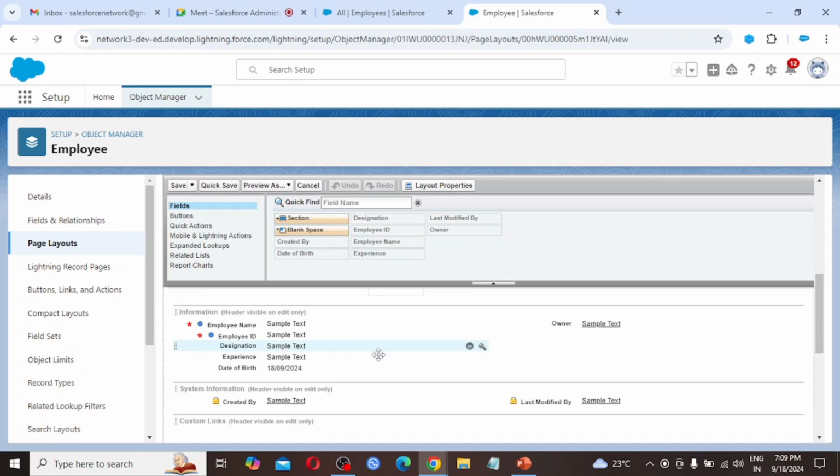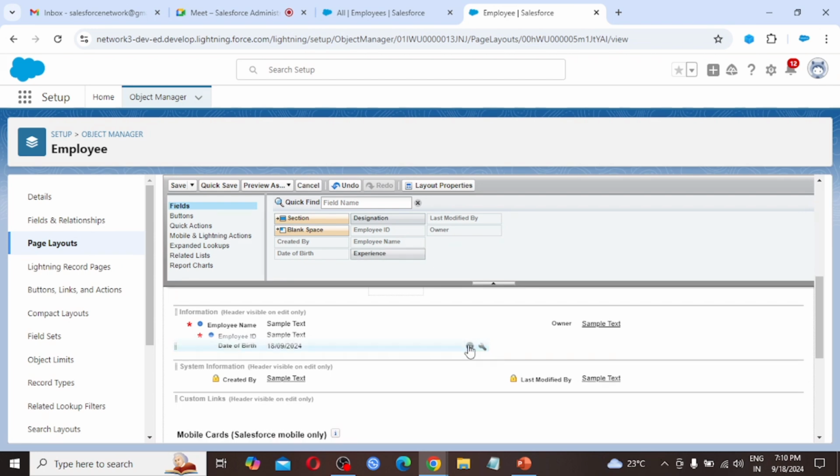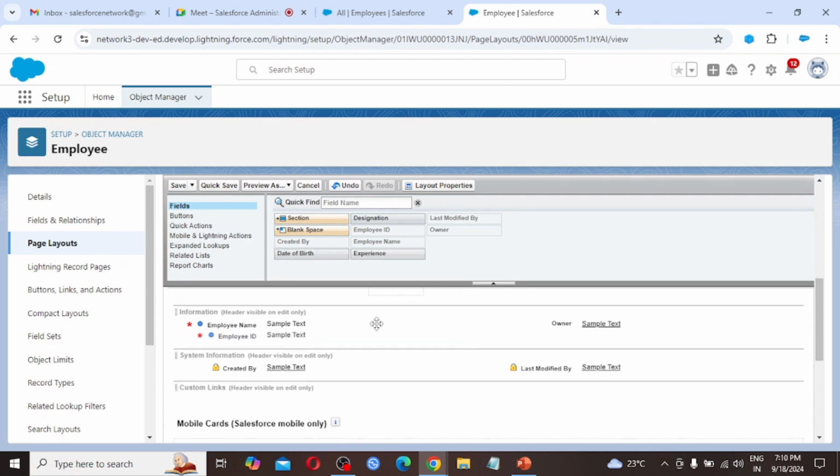What I am doing from here, again I am just removing designation, experience and date of birth, clicking on quick save, and refreshing the page.